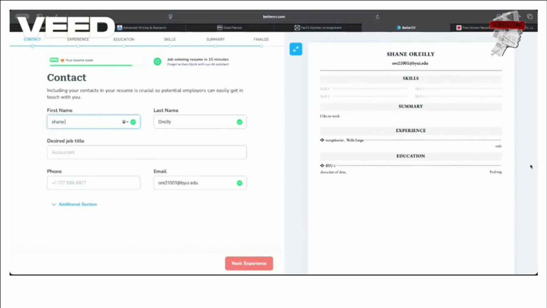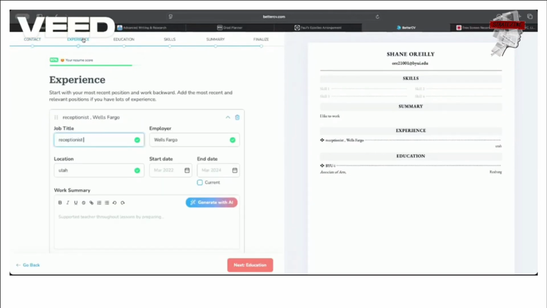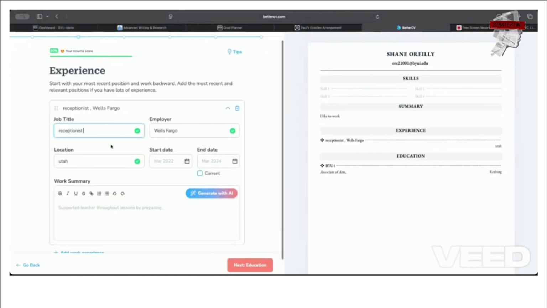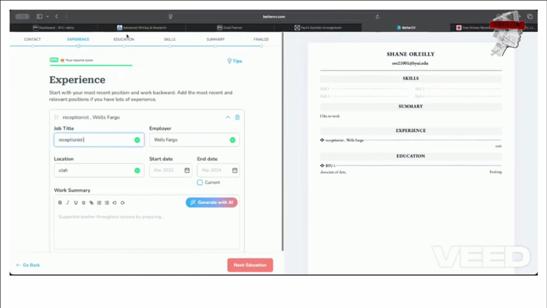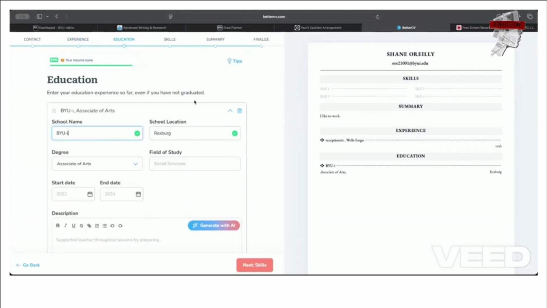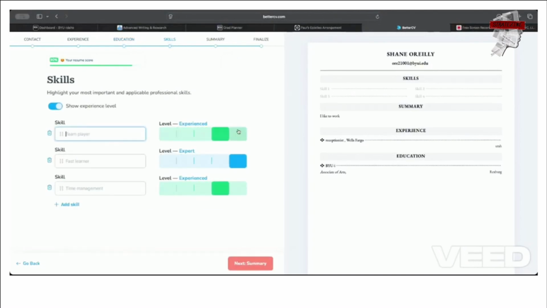I laid out a small dummy one for everyone to see just the process in which they do it. You put your contact in, you put your experience in, with the small details, education, whether it's BYUI or any other schools, if you've completed your education, or if you're currently a student, some skills.